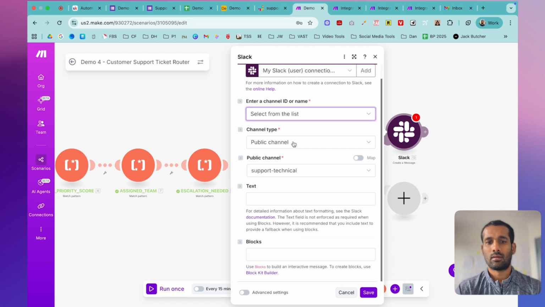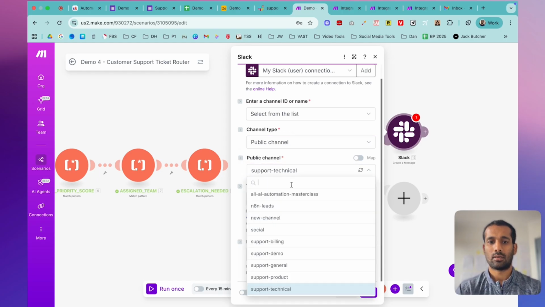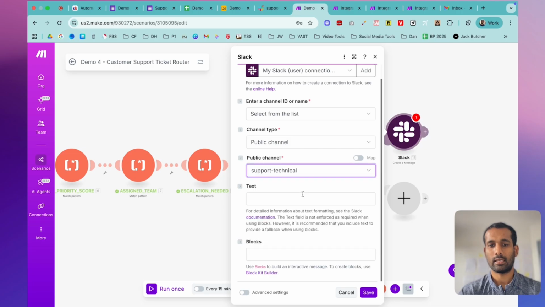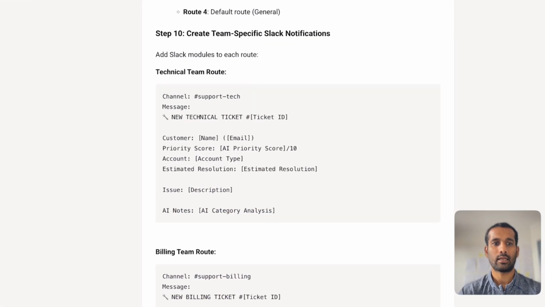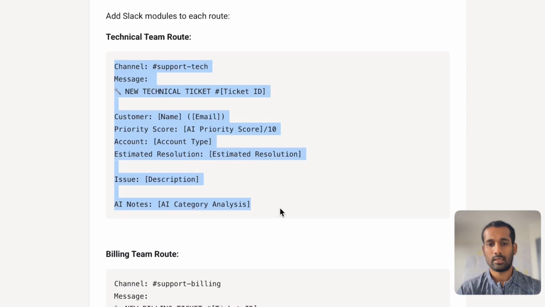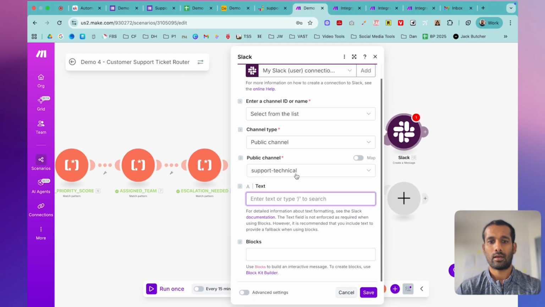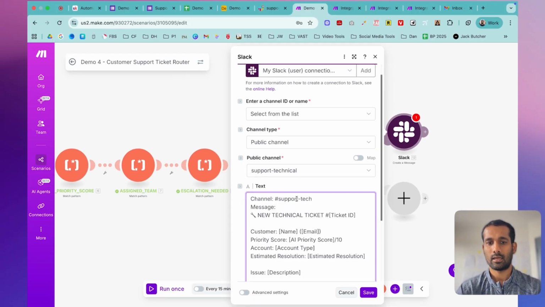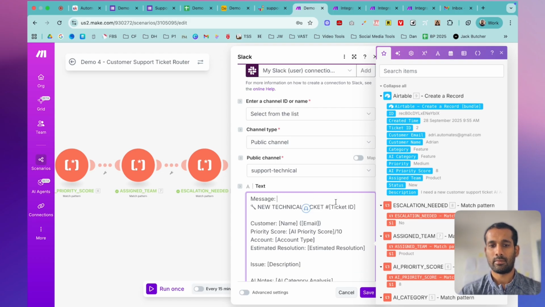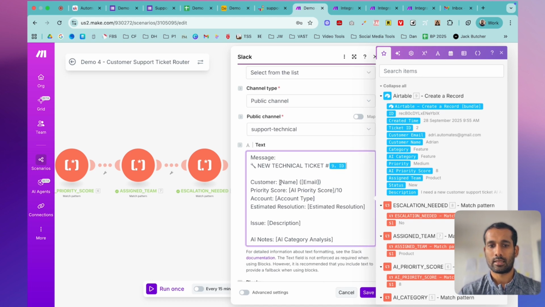So we're going to select public channel. We're going to choose the support technical channel. And for the text inside it, we are going to copy this message. We are going to come in here. So for the channel, we can remove this message, new technical ticket. The ticket ID we can copy from Airtable. The customer name and email, again, we can take these from Airtable itself. Name,